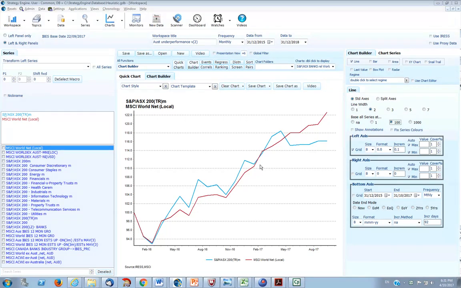In light of the recent underperformance of Australian equities, we're going to have a closer look at perhaps some of the key drivers of that. In this chart in front of us now, we're looking post 2015, the performance of the global market in red, in net local terms, and the performance of the ASX 200, the blue line. So basically they tracked each other up until the end of April. So you can see the divergence over the past 5 months.